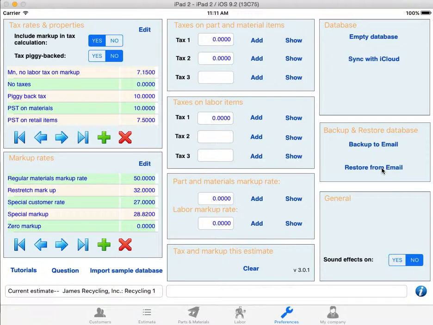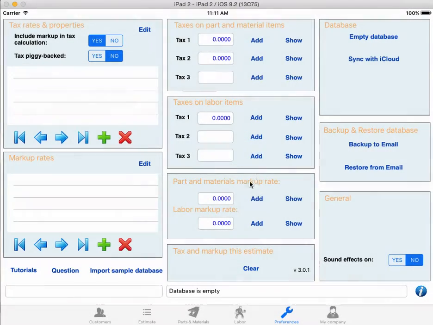There is also an empty database button, which empties the database. So be careful with that. There's only a few situations where you want to empty the database. If you're a new user in your company and there's already a database established in the cloud, you would empty it first. And assuming there's already a database in the cloud, it's been used, in other words, before,